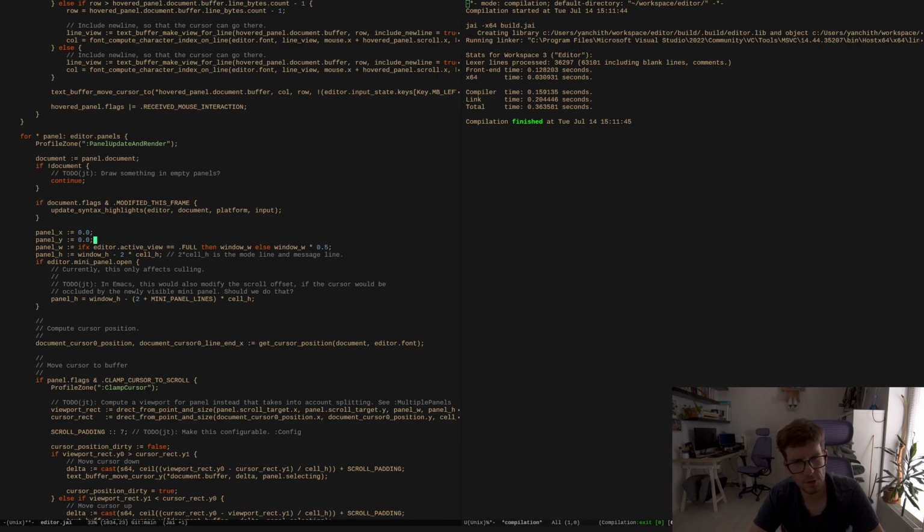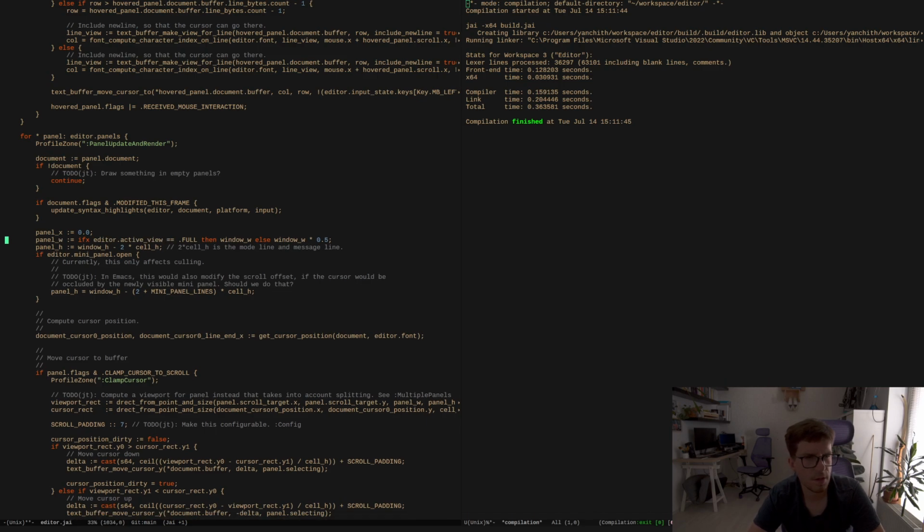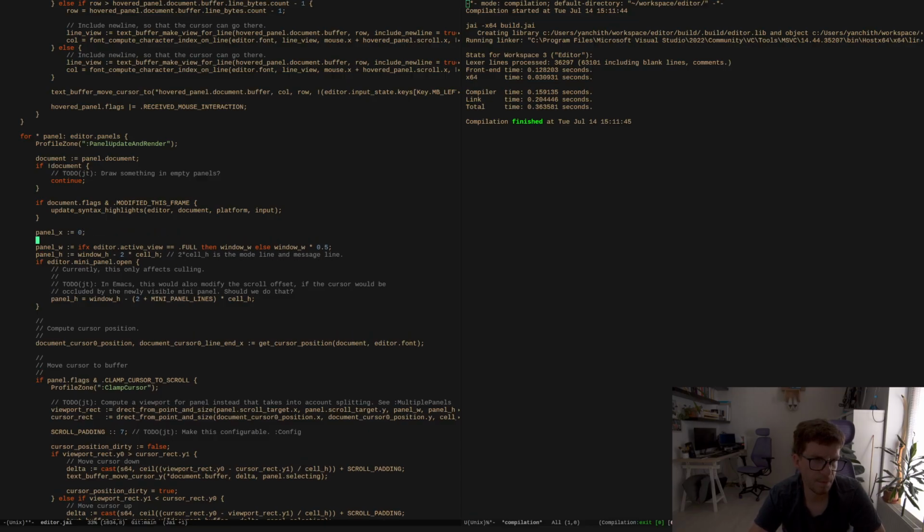Maybe we don't actually need this yet, but well, you know what, let's do it the other way. If editor active view